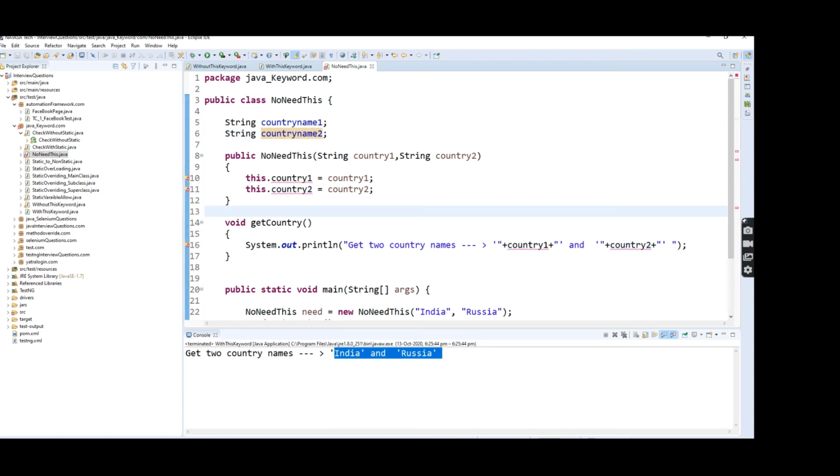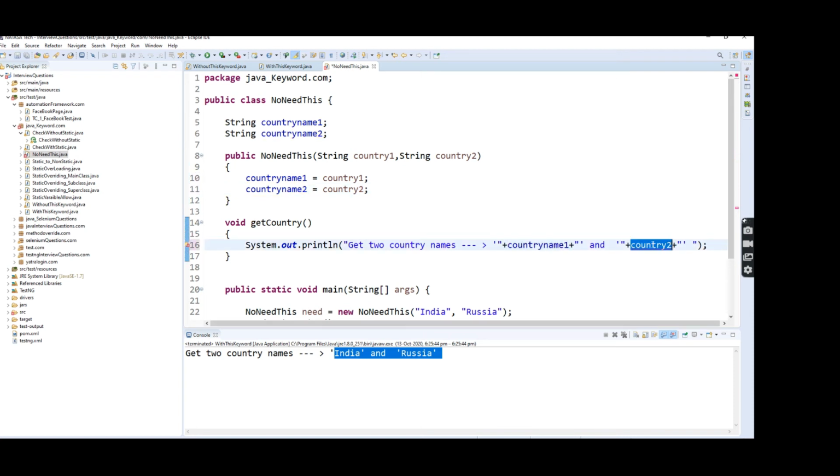So here I'm going to replace the names. Here the instance variable name and the argument name are different, right? That time we no need to use the this keyword.